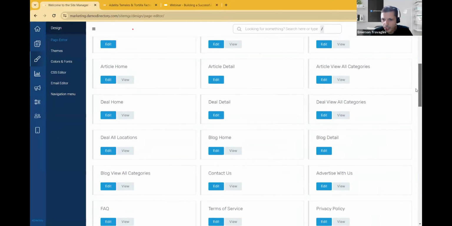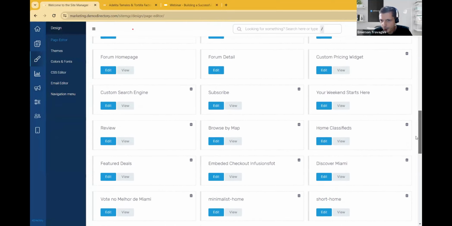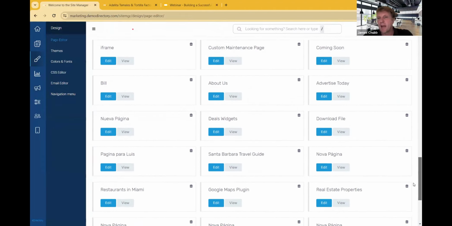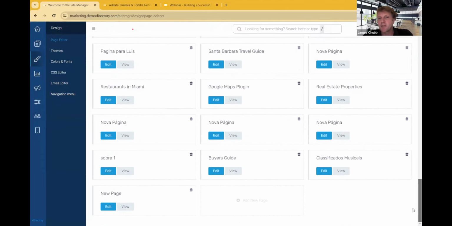Let me just double check if I have something already created. This allows you to create a general page on the website, any type of page, and you can put widgets in to create content there. Then you can link to this page from other places on the website, from other custom pages or from the nav bar or wherever else, just like any type of content management system. So very easy to do.